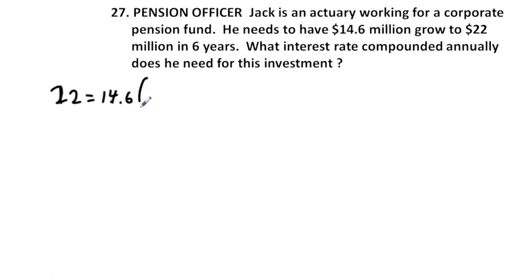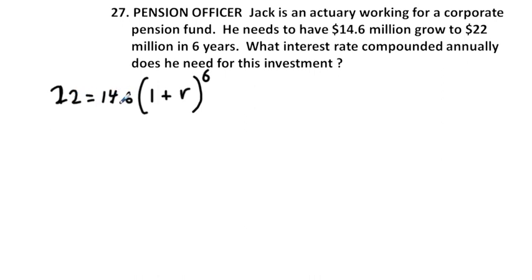And we're going to have 1 plus R, and we're compounded annually, so K is 1. And we're going to the power of 6 right here. And notice I put 22 instead of 22 million, 14.6 instead of 14